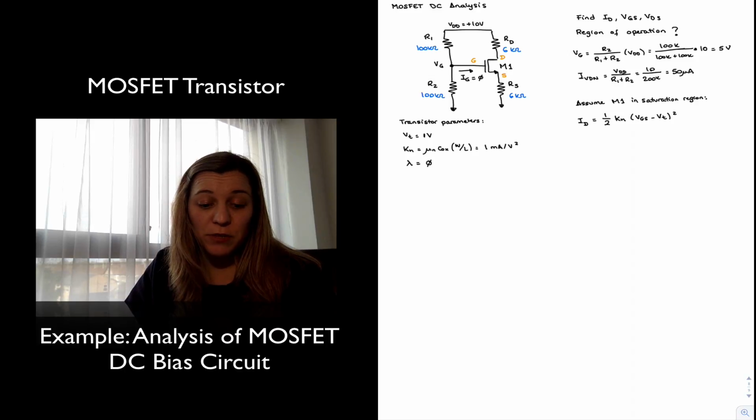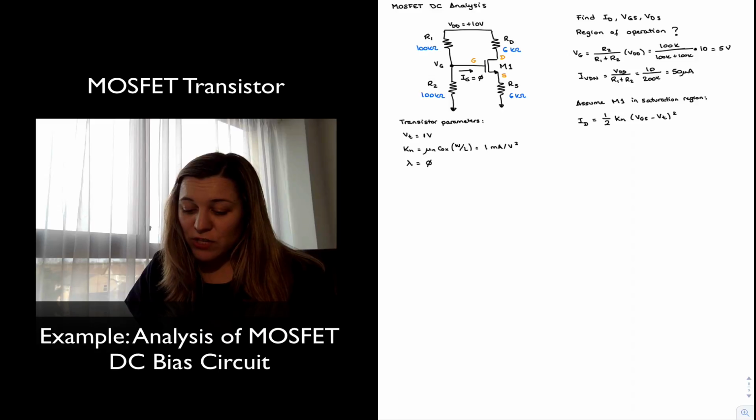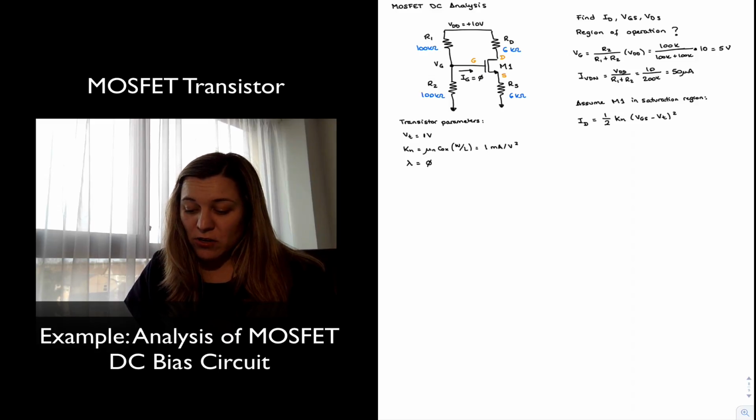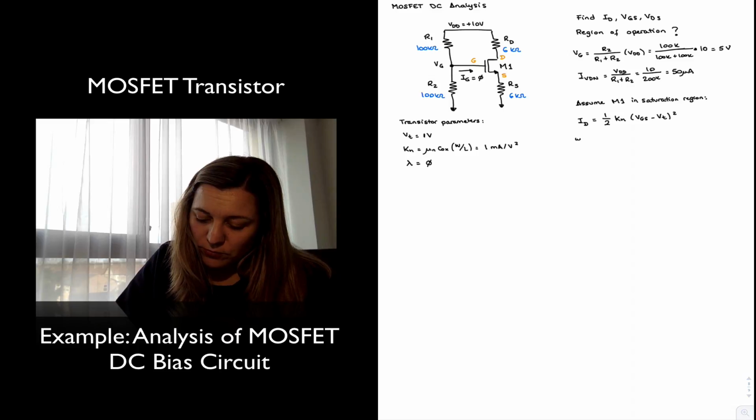And we know that VGS minus VT is equal to the overdrive voltage. Now VGS is simply VG minus VS. We have the value for VG. We don't have the value for VS just yet. But we know that VGS is equal to